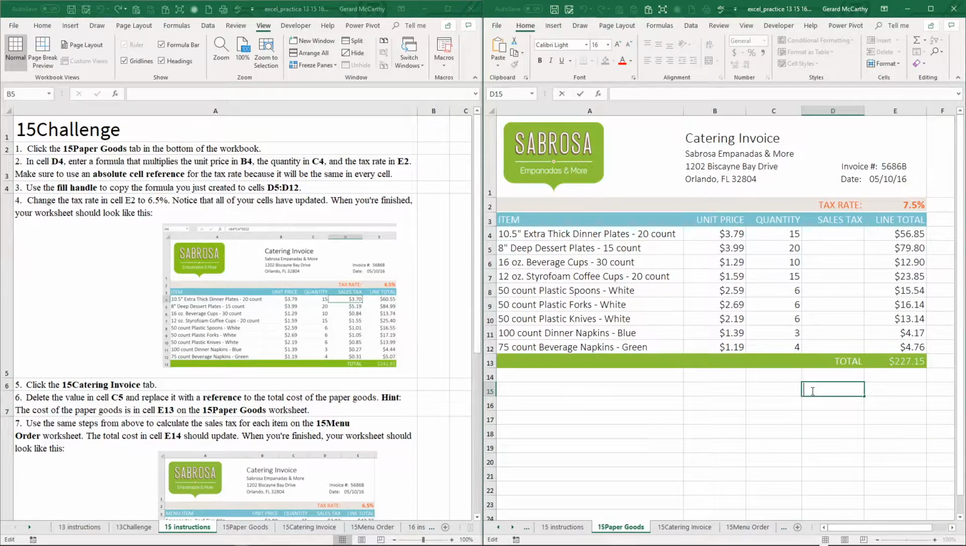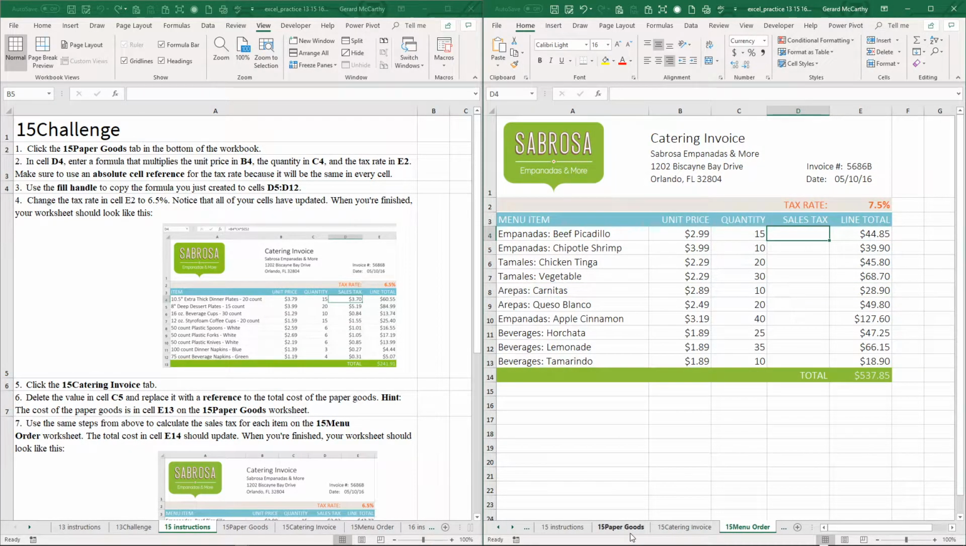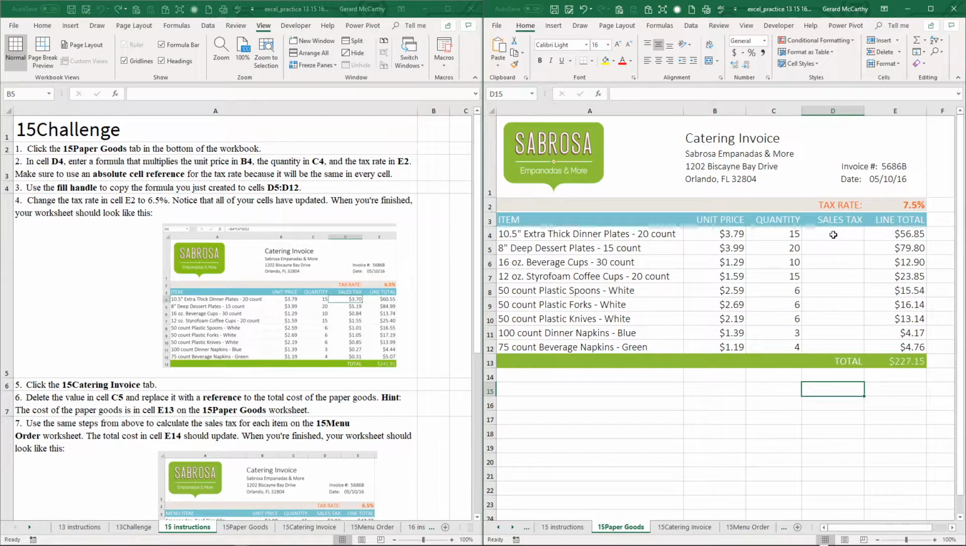We're now doing 15 challenge that involves 3 worksheets: paper goods, catering invoice and menu order. We begin with paper goods. Step 2, click on D4, put in an equals, click on B4, multiplication with Shift 8, click on C4, enter